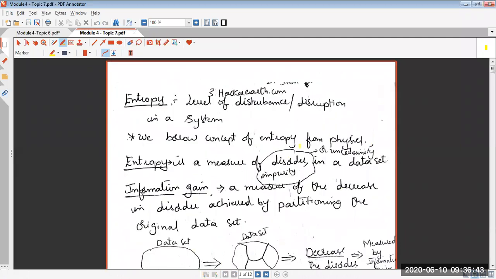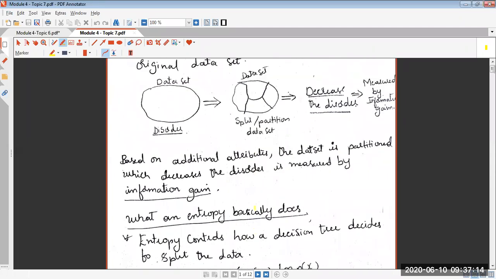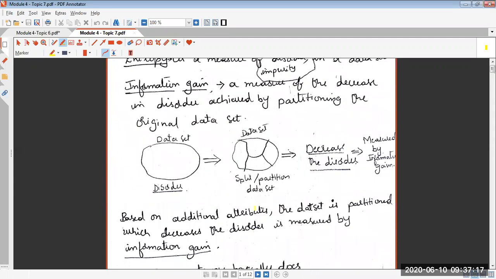So topic 7 is once again decision tree. If you remember, after completing the discussion about decision tree, I told you that I'll take up the problem later, and I'd immediately jump to rule-based classifier. The reason was I was searching for a problem that can ensure your understanding with respect to the decision tree implementation. So I have selected a problem which will really help you understand how to construct a decision tree, how to build a model for a decision tree.